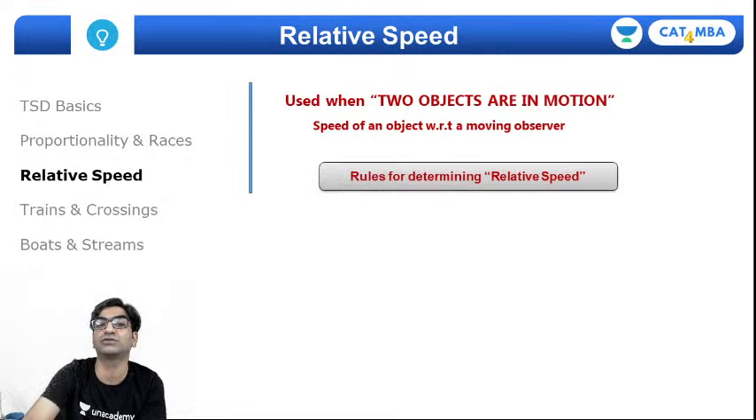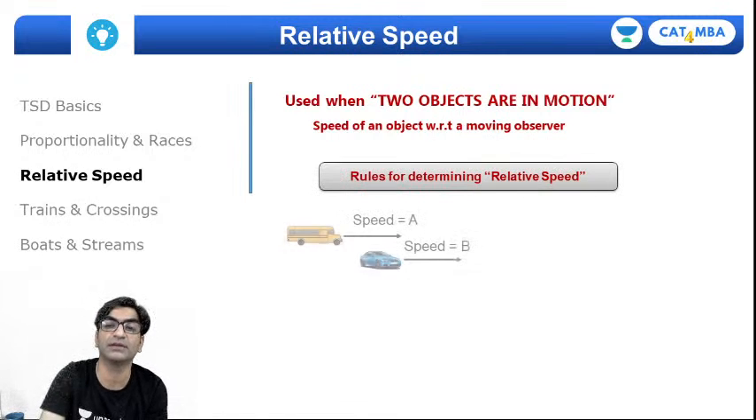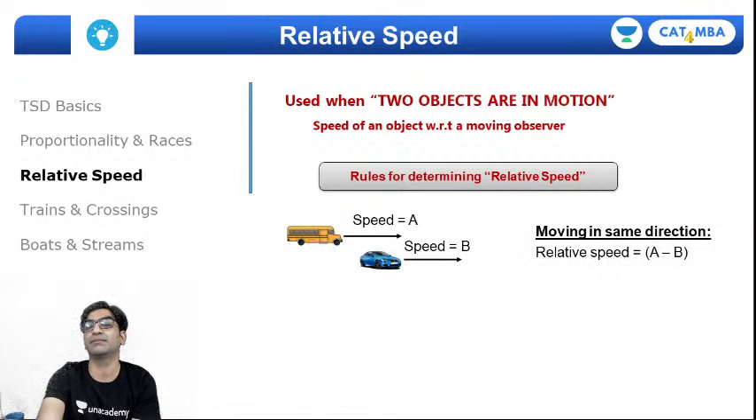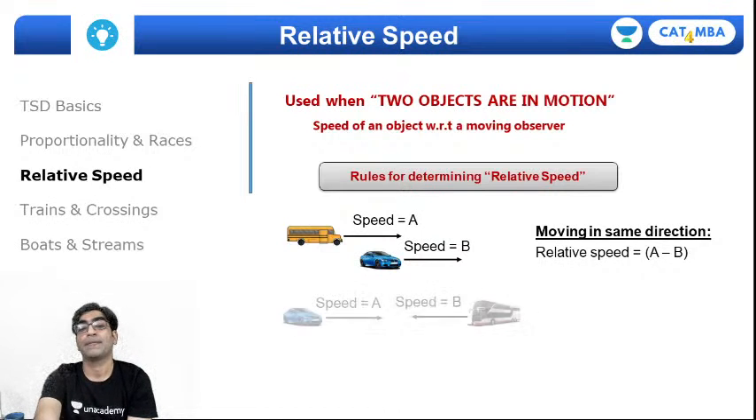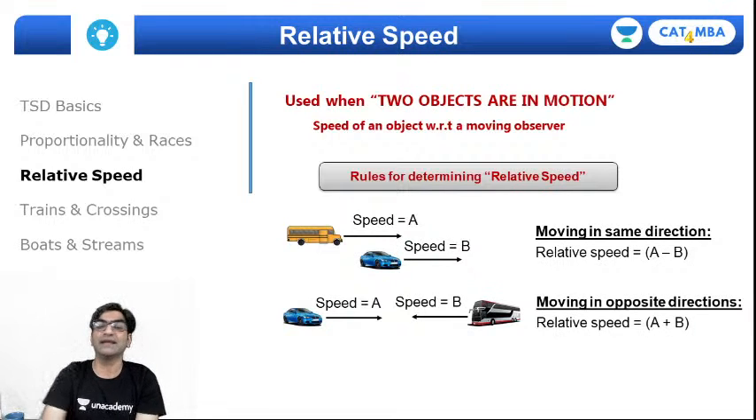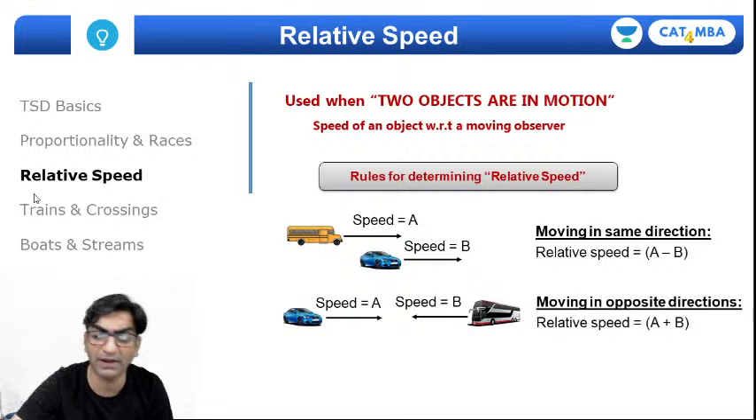There are 2 rules to determine the relative speed. If both objects are moving in the same direction, then relative speed should be their difference. But if 2 objects are moving in opposite directions, then relative speed will be the sum of their individual speeds. ठीक है? और इसको यूज कैसे करते हैं कि जब भी 2 ऑब्जेक्ट्स मूव कर रहे हो,